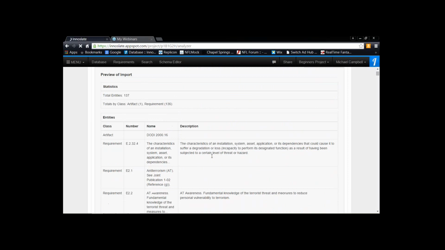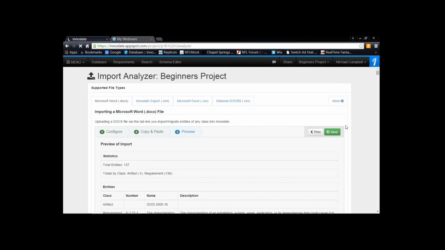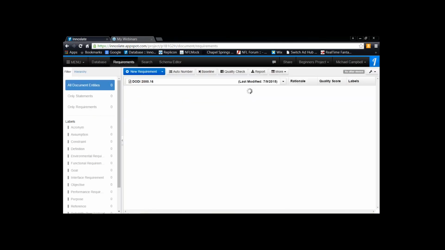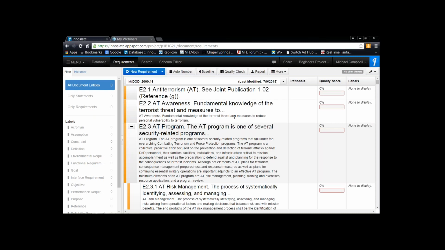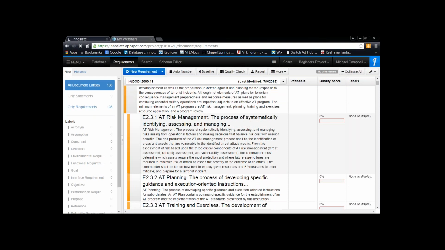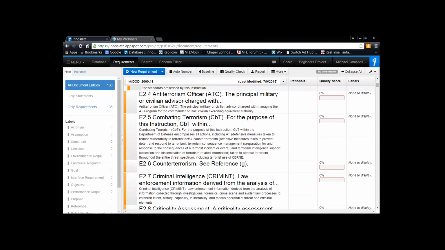I like what I see, so I'm going to actually save that. And it'll bring it into requirements view in the database. I can't remember. I think this document was fairly large, so that's why it's probably taking a long time. Usually it doesn't take this long. There we go. So these are the requirements brought in through the import analyzer,